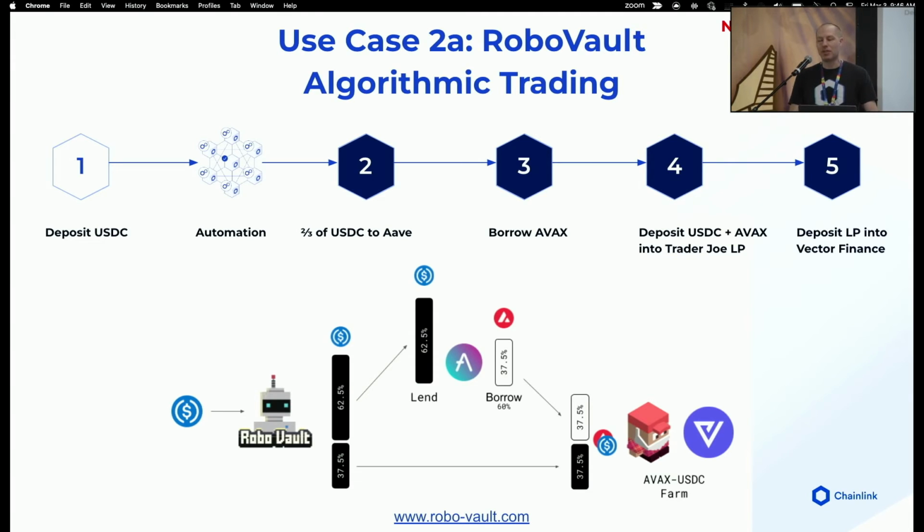So one example is, and this is just a simple use case, they have a number of different strategies. The user would deposit USDC into a vault, and then automation would borrow some of that, deposit some of that USDC in Aave or Compound or some money market, and borrow a volatile asset. Then it would take the remaining USDC that was not deposited in the vault with the borrowed volatile asset and put that in a DEX as an LP. And then it would take the LP position and put that in a yield aggregator and earn additional fees or auto compound.